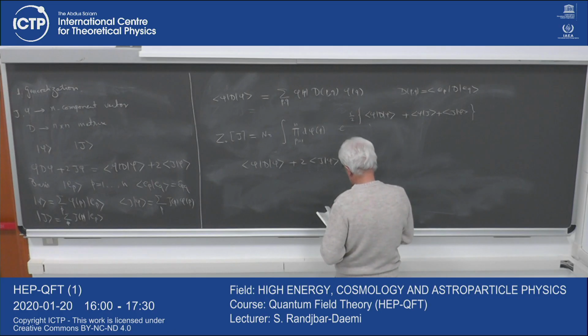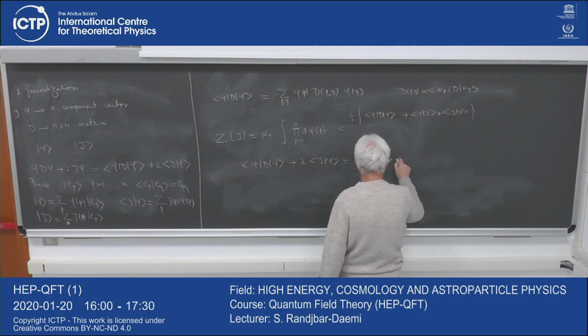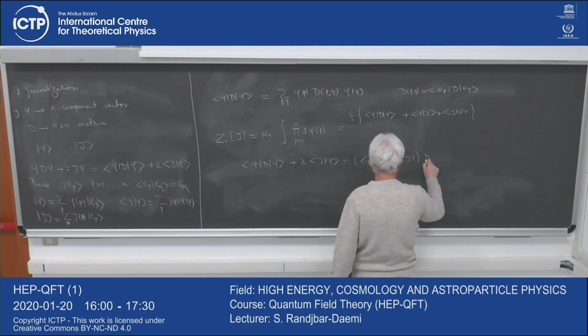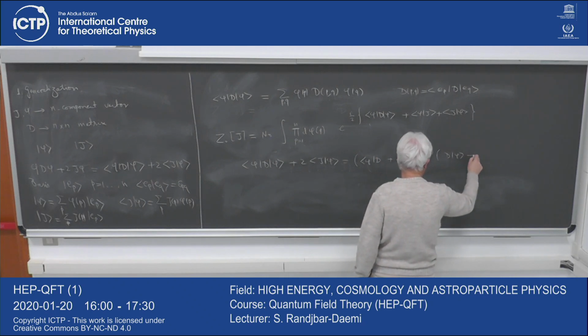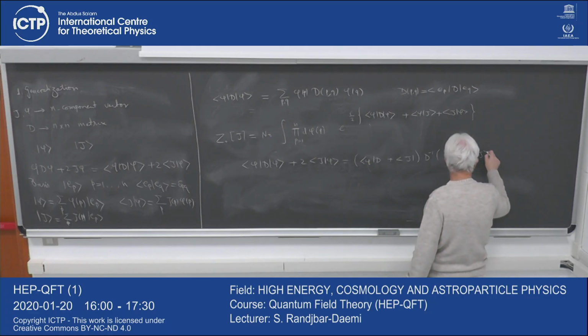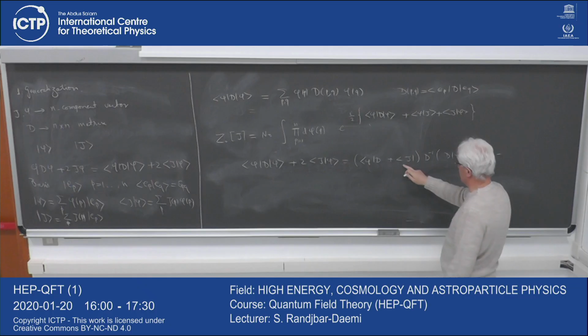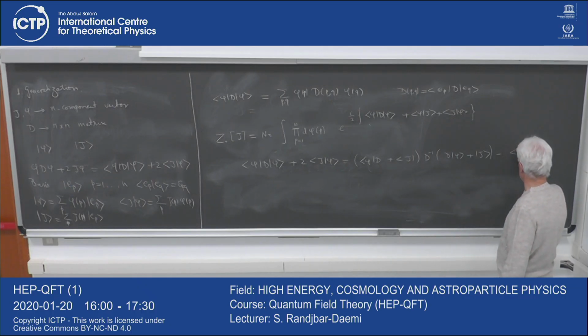Namely, write this as phi plus j d inverse, d, phi plus j minus the extra term, which is j d inverse